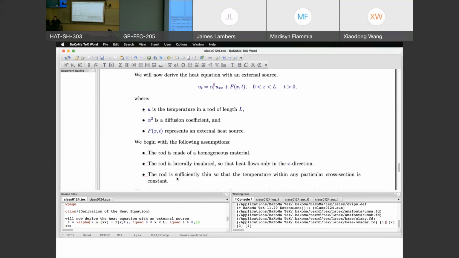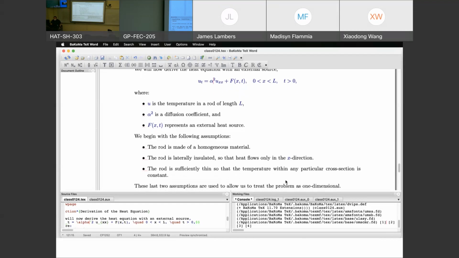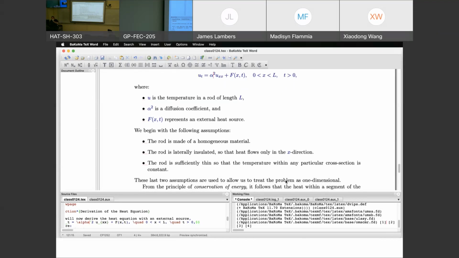Also, again, to make it a one-dimensional problem, we assume that the rod is so thin that there's not much temperature variation within a particular cross-section. Right. So now that we have the right assumptions to justify this PDE,